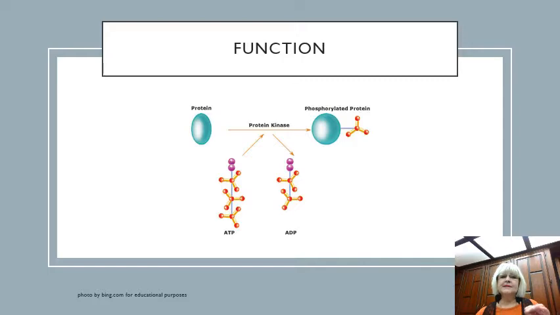So the kinase is a large family of enzymes that are responsible for catalyzing the transfer of a phosphoryl group from a nucleotide triphosphate donor such as ATP to an acceptor molecule. So the tyrosine kinases catalyze the phosphorylation of tyrosine residues in proteins. And the phosphorylation of tyrosine residues in turn causes a change in the function of the protein that they are contained in.